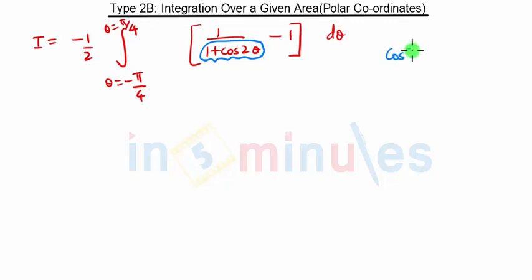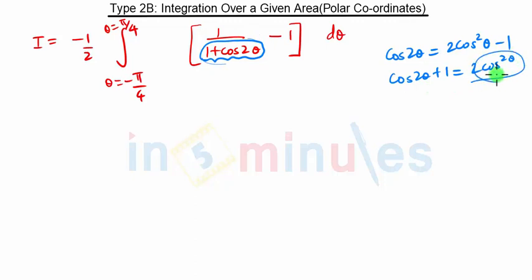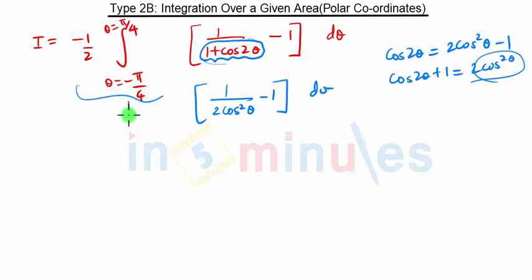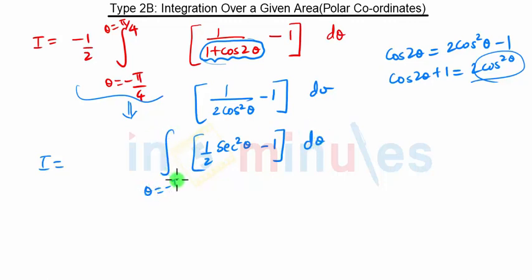We know that cos 2 theta is nothing but 2 cos square theta minus 1. So cos 2 theta plus 1 is nothing but 2 cos square theta. So this term will be replaced by 2 cos square theta. So here we have 1 upon 2 cos square theta minus 1 d theta, and this term will remain as it is. So I will become 1 upon cos theta is sec theta. So 1 upon cos square theta will be sec square theta, and half will remain as it is minus 1 d theta. And here we have integration of minus pi by 4 to pi by 4,